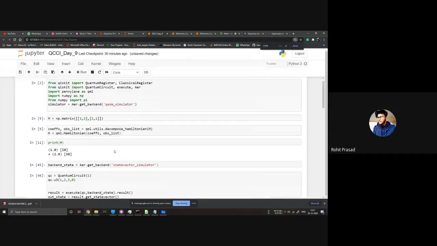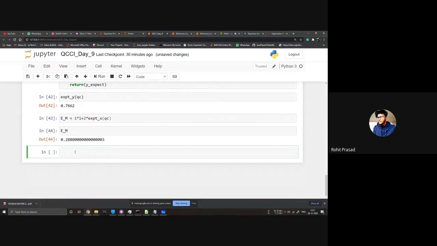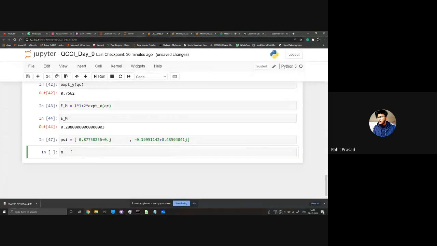So what I just did is find the state that corresponds to this random QC. So this is your psi. Okay, so this is your state psi, and we know our M is.